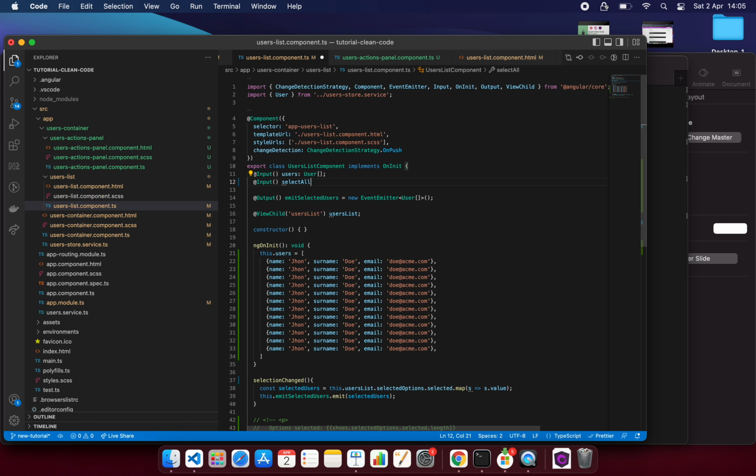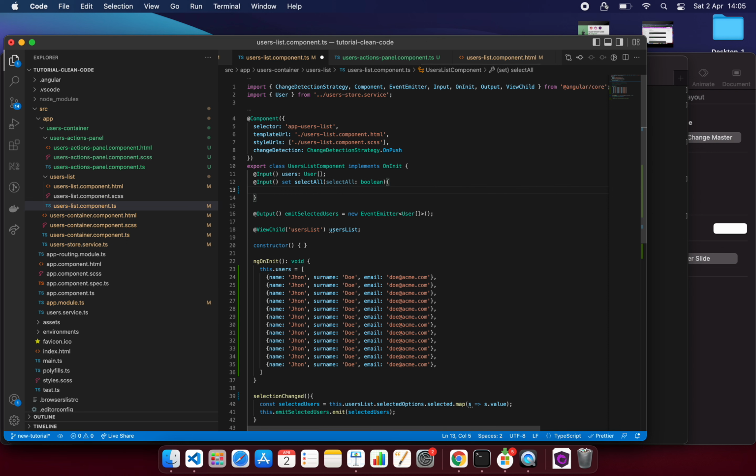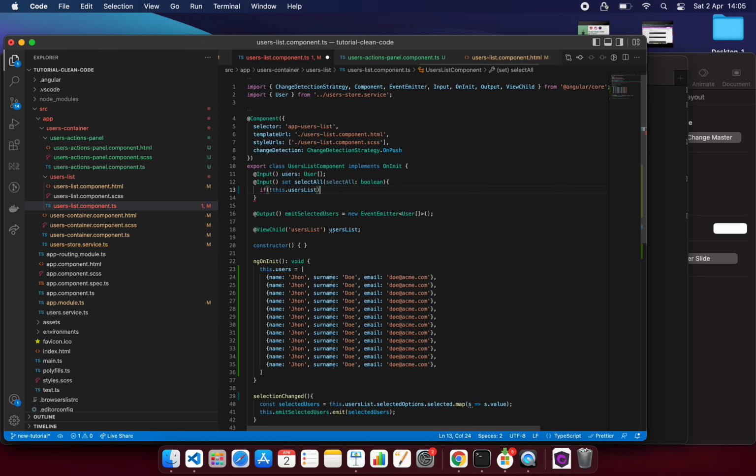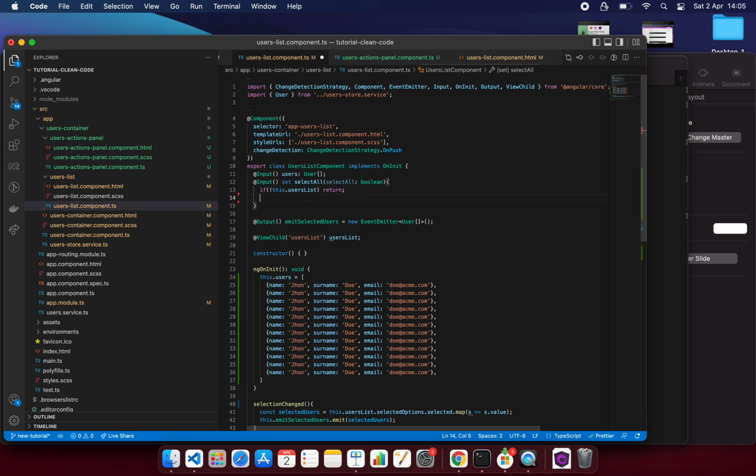But wait a second, we need to react to this input. Because we need to react to this input, this has to be a set input. How do we need to react to it? First of all, we check if the users list is defined, otherwise we do nothing. Then, if we have our users list and we receive a positive input,